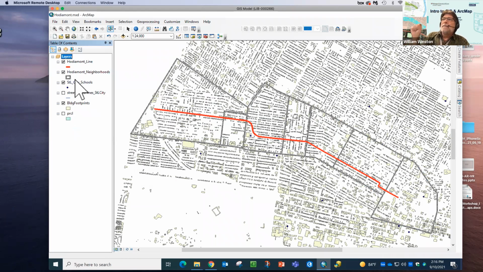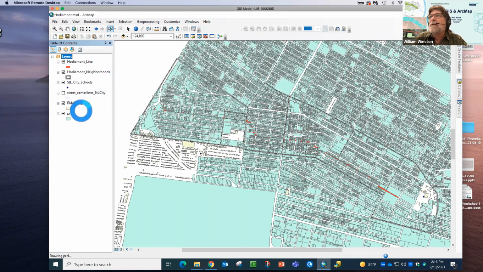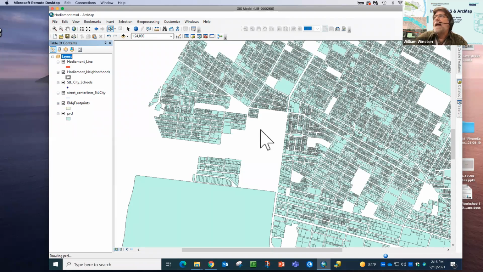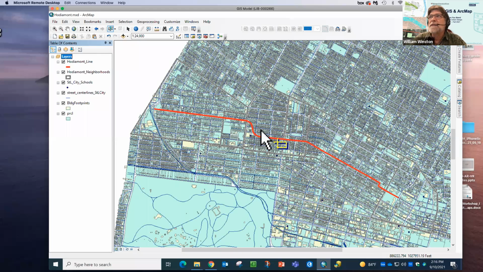Now, I've got building footprints. I'm going to turn my parcels back on, and I'm going to turn my street center lines back on. And I've got quite a busy map here now. I've got a lot of features that are difficult to see. If I was making a map, I wouldn't want all the extra parcels. I wouldn't want all the extra buildings. So I'd like to